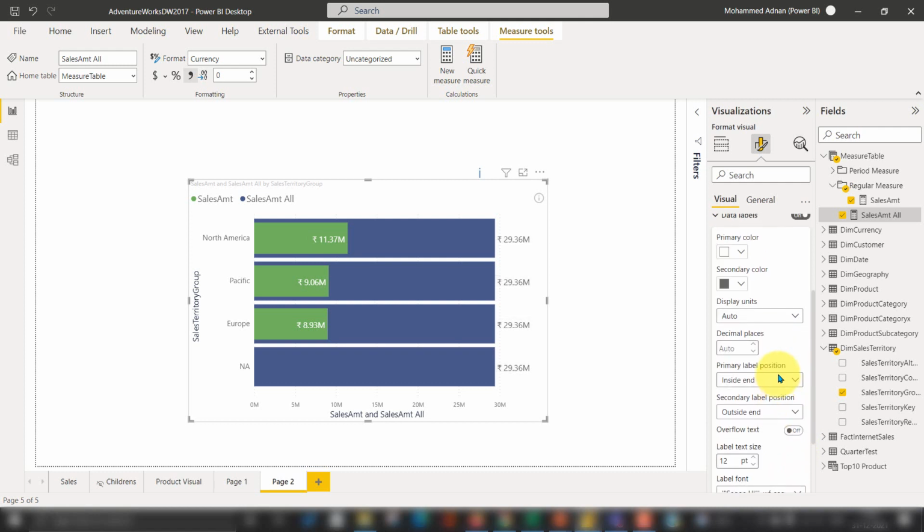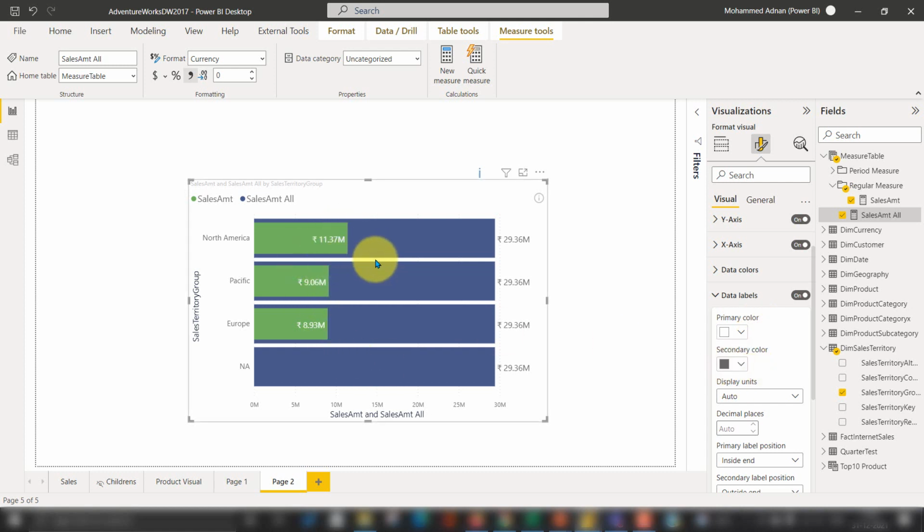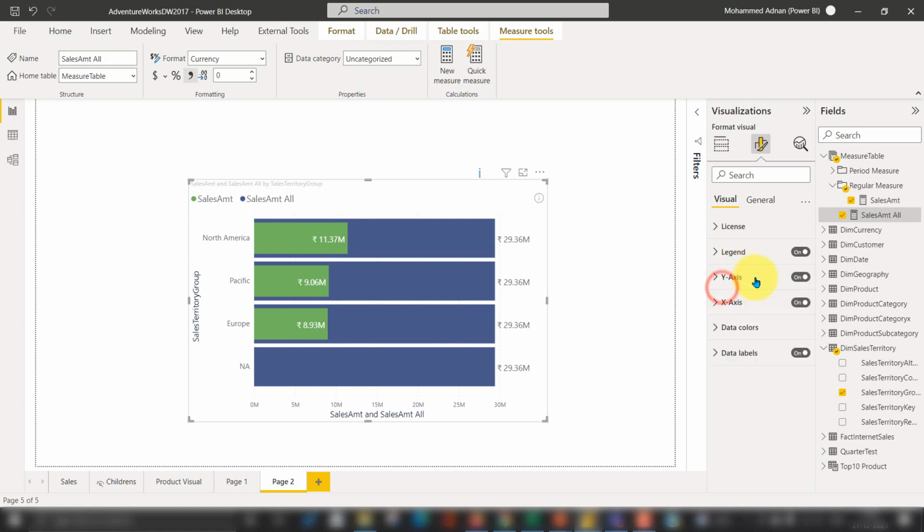Correct. So basically we don't have an option here to change the color based on conditional formatting, right? We can just change the data bar colors as a static one. Okay, that's fine. So ideally the helpful thing I have noticed here is that the sales amount overall we have this one, and out of that only this much is for North America, and this much is for Pacific, and this much is for Europe. This is something which is not available, so it is zero showing up here. Okay, this is a use case.